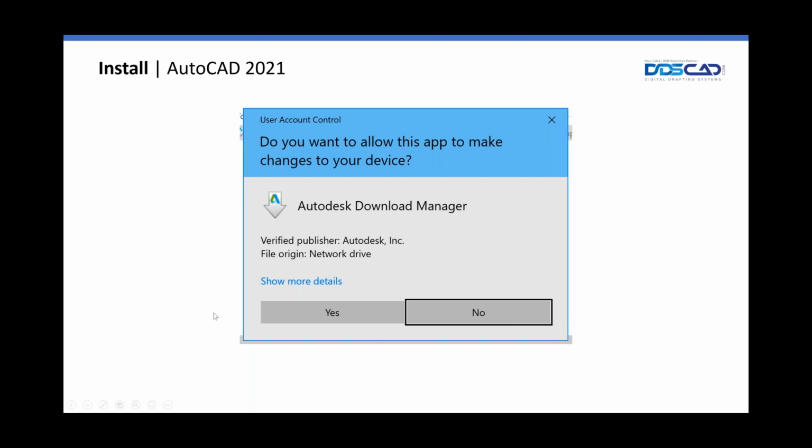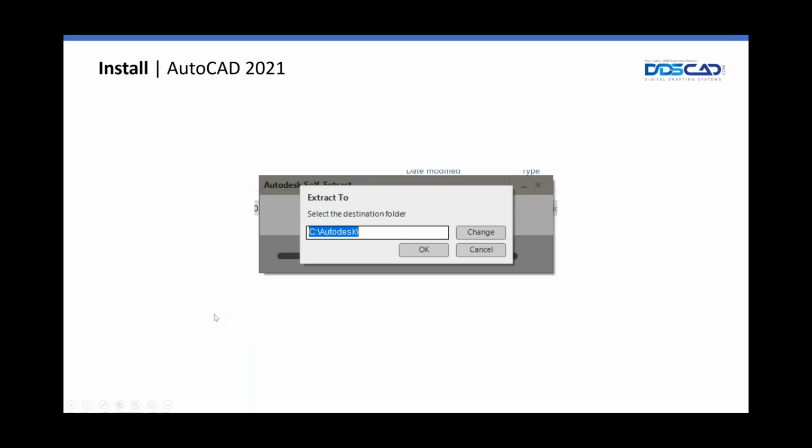So here, if you see something like this, you're going to go ahead and click yes, and that's going to show us this little pop-up box. What this basically means is that the file we downloaded is actually a compressed file, something like a zip file. So this is going to extract that file to this Autodesk folder. We're going to click OK,